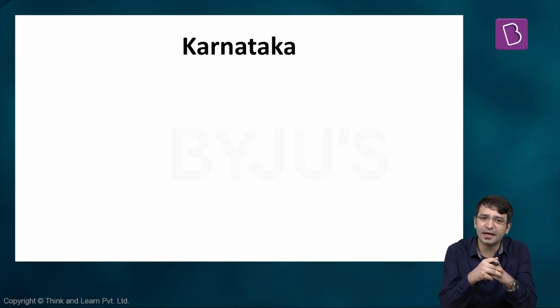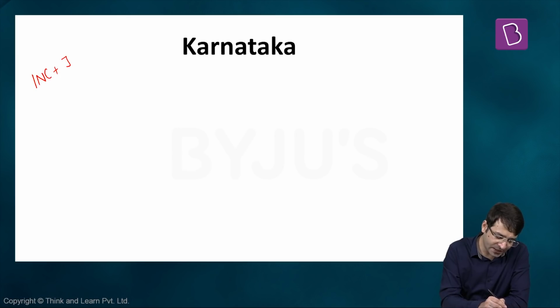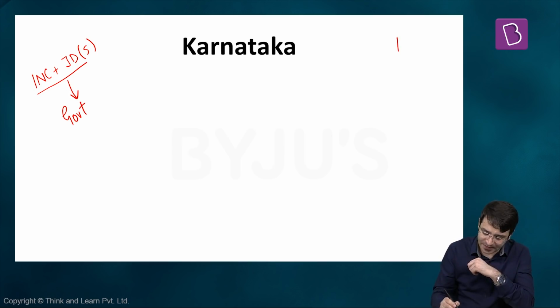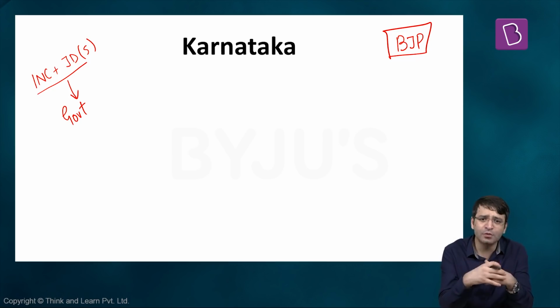What happened in Karnataka? Elections were held. No political party was in a position to form the government on its own because the elections threw a hung assembly. BJP emerged as the single largest party, but two political parties, Congress and the JDS, decided to come together and form the government. But the governor of Karnataka invited BJP to form the government because BJP emerged as the single largest party in the elections. But very soon, BJP was not in a position to prove majority on the floor of the Legislative Assembly.